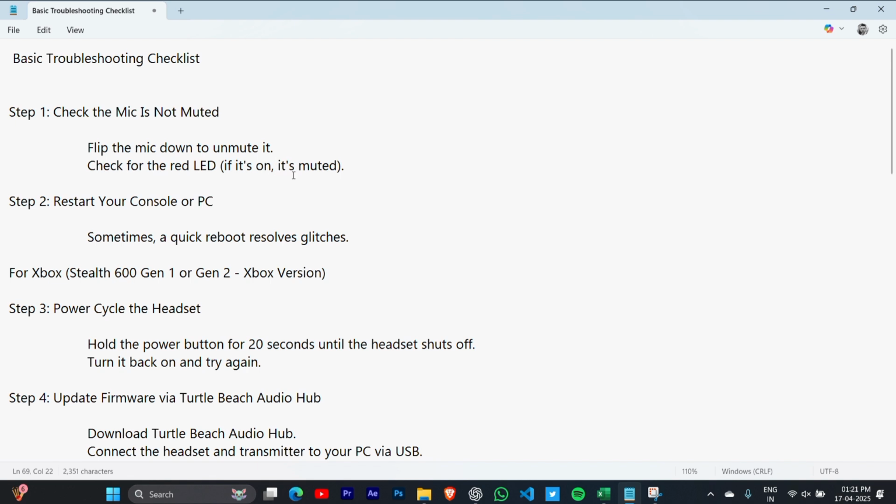Step 2 is restart your console or PC where you are using your Stealth 600. Sometimes a quick reboot resolves glitches. For Xbox, Stealth 600 Generation 1 or 2 will be the Xbox version. Now power cycle the headset: hold the power button for about 20 seconds until the headset shuts off, turn it